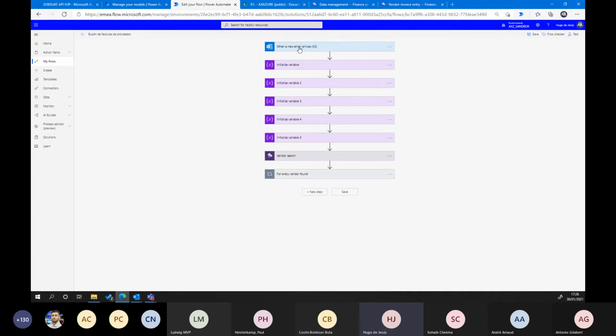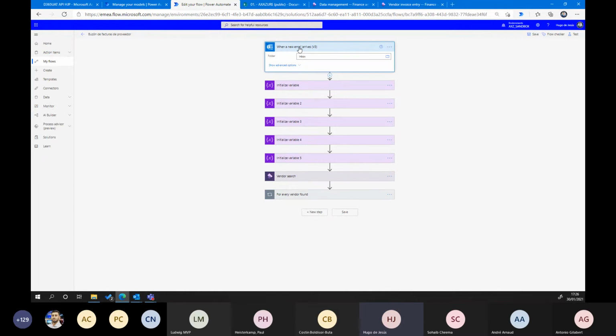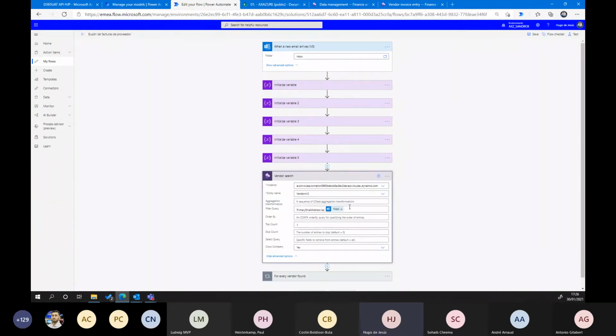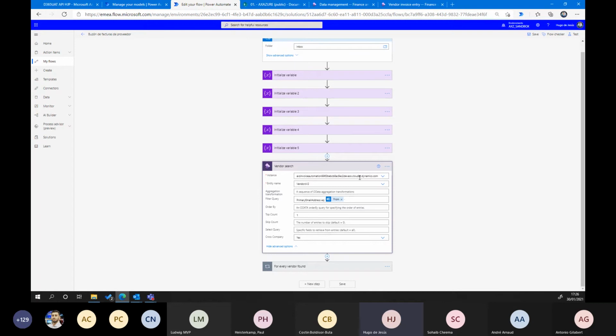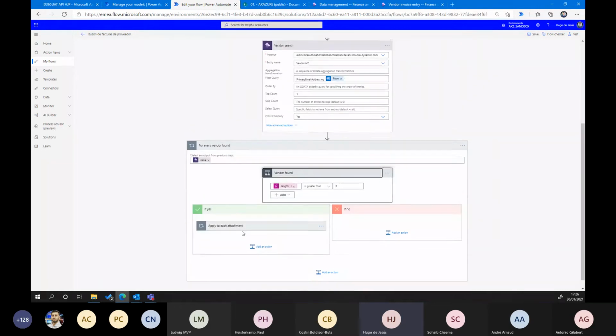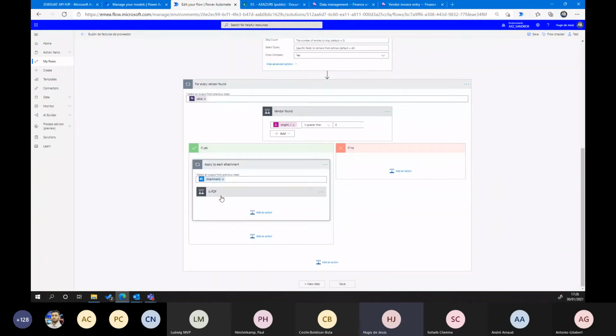The Power Automate starts when the inbox receives an email. First of all, it tries to find the primary email address of the vendor, from the sender. If this vendor exists in the system, in Finance and Operations, it goes here and reviews whether the format of the file is allowed or not.